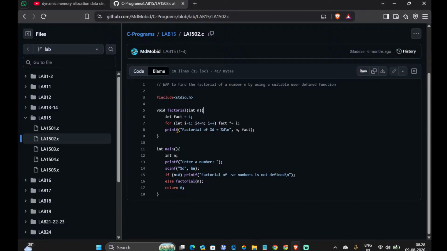What will happen is, the factorial of n is what, guys? If it is less than 0, then it will not work. But if, let's say, it's 5, then the factorial of 5 is